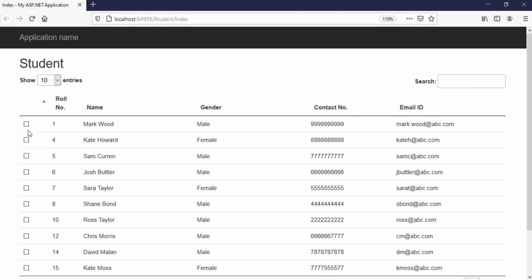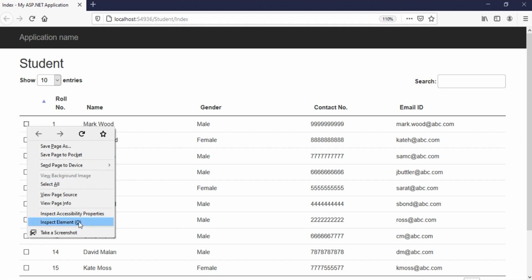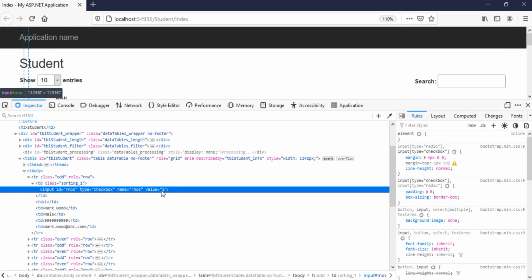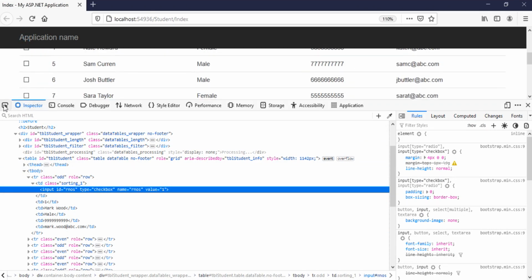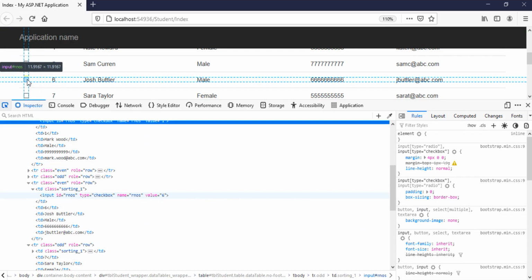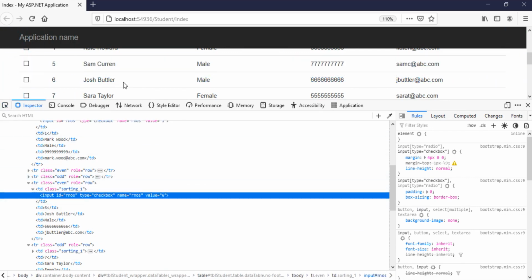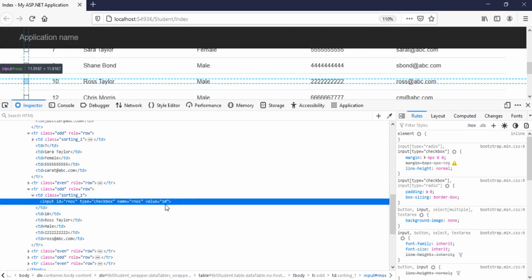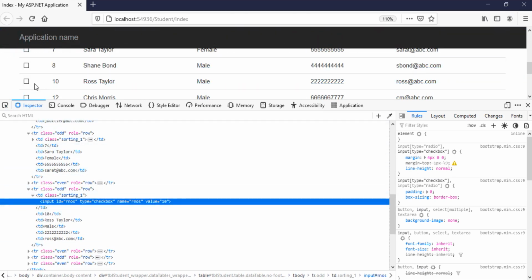I hope you can see this. The checkbox got rendered, and let us inspect this so you can observe the value of it. See, what is the value? Value is 1. If you check the value of the next or some other checkbox, see it is 6. So basically it is bound to the roll number. It's definitely your requirement to decide which value you want to bind, and depending on that, you can specify your data column.